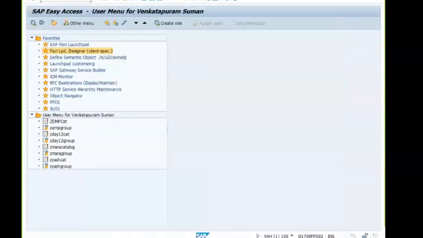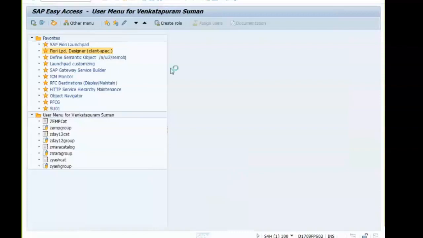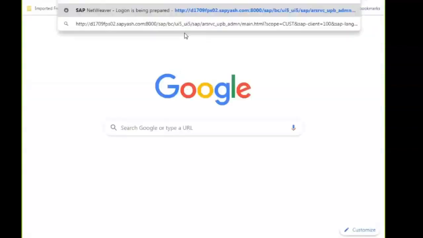So I copy the URL. In the URL you can see /SAP/BC/UF_UFI. This is a path in the SICF. So Fiori Designer and Fiori Launchpad all reside in the ABAP front-end server in the backend.